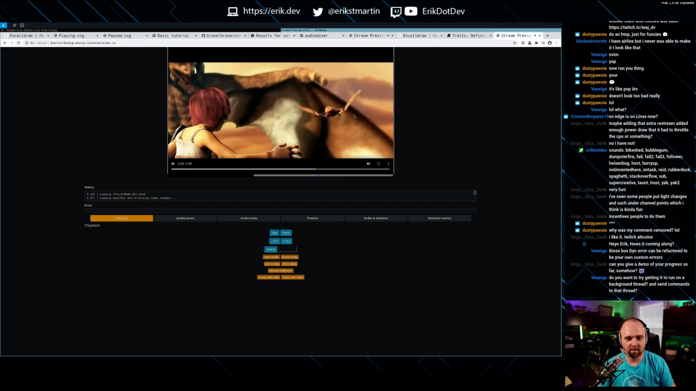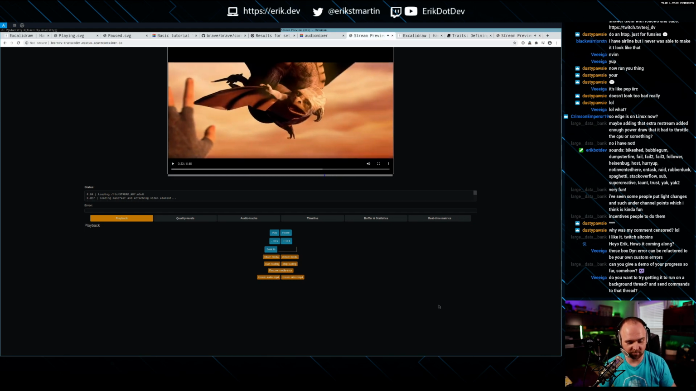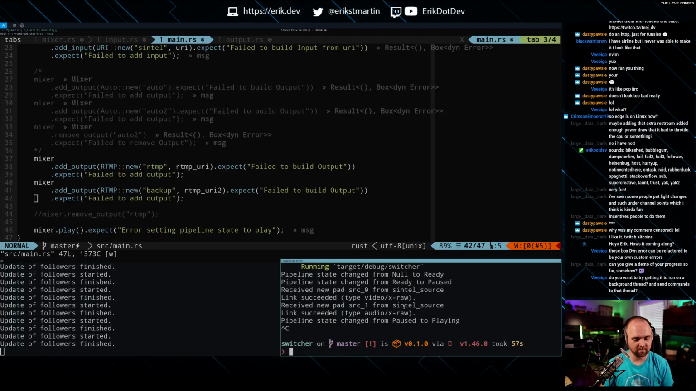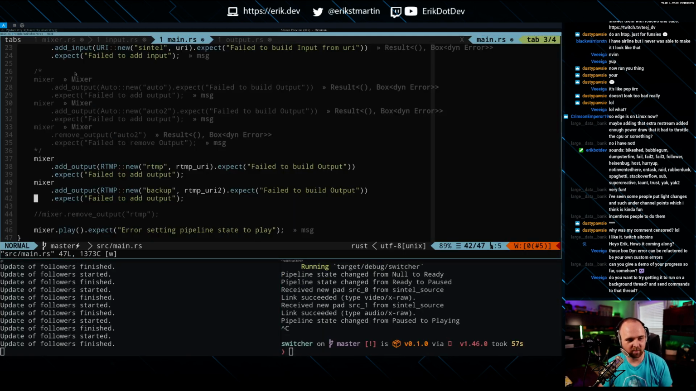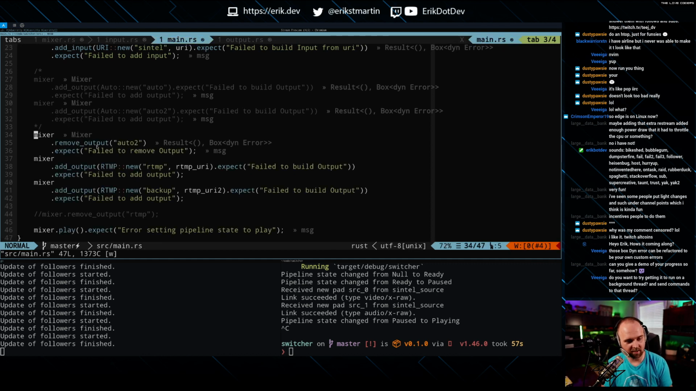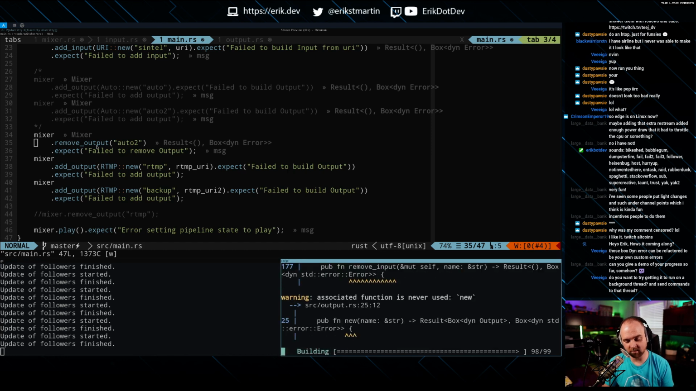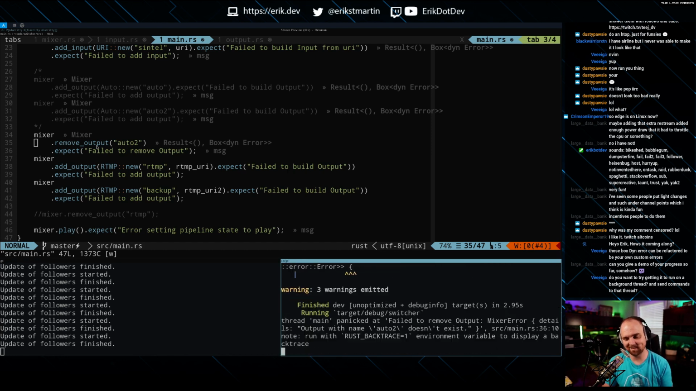So there is our switcher. We do have a couple of issues that we're trying to resolve right now. One of which is that we can't have more than one of those. We also have this issue where if I try to send the output to both audio sink or auto sink and RTMP,